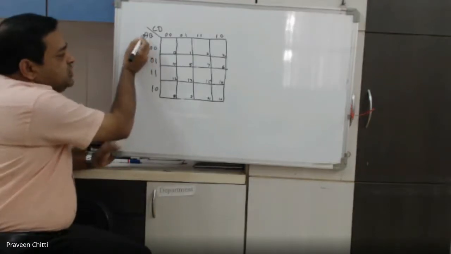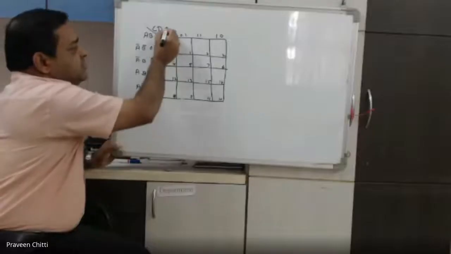How do we write 0, 0 in terms of AB? A bar, B bar. Next, A bar, B. Next, AB. Next, AB bar. Then